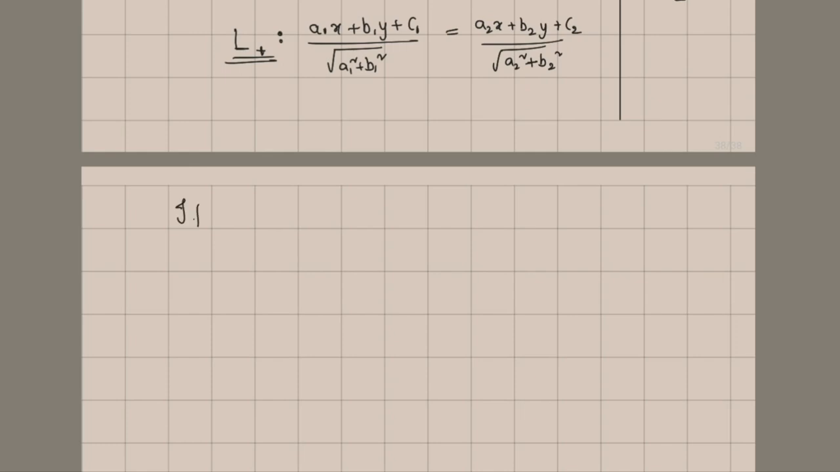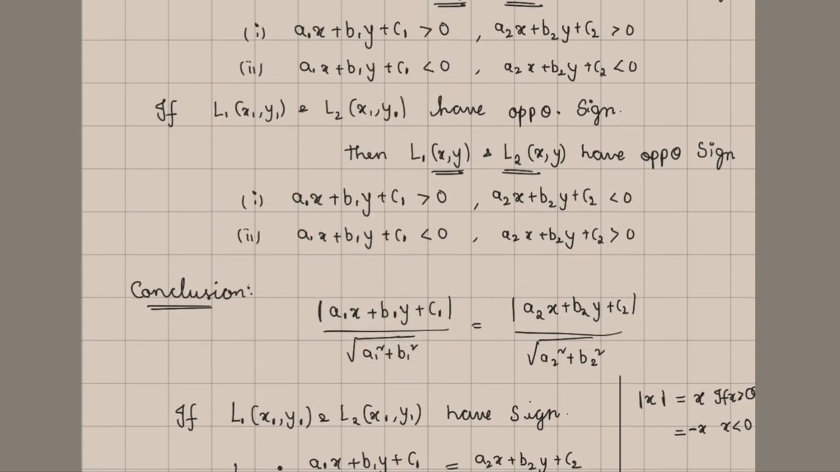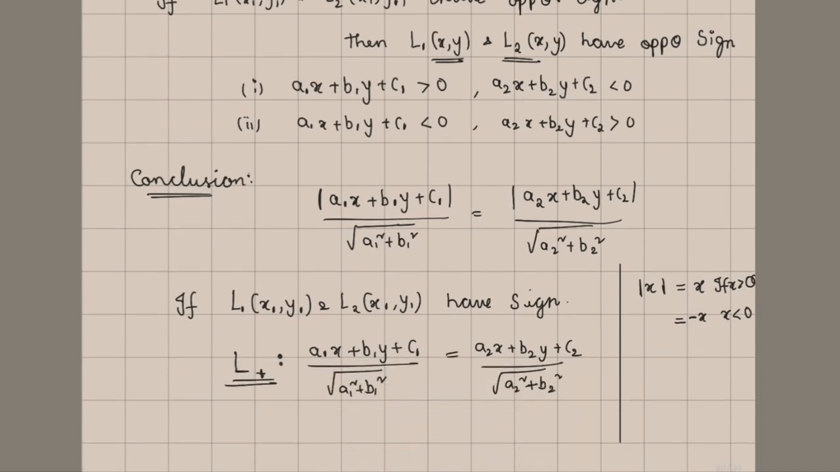Similarly, if L1 of x1 comma y1 and L2 of x1 comma y1 have opposite signs, let's see. If those both have opposite signs, then we have case 1, where L1 is greater than 0, then the other will be less than 0. If a1x plus b1y plus c1 is greater than 0, the modulus of this will be the same as this expression. So when a2x plus b2y plus c2 is less than 0, then the modulus will be the negative of this. So we get